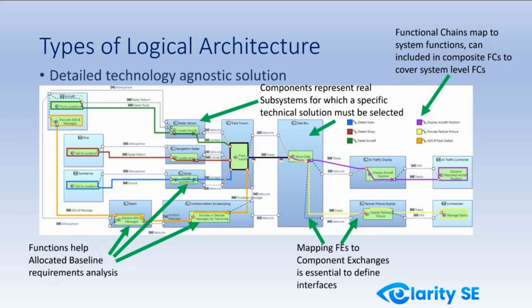The mapping of functional exchanges to component exchanges is now not just a good idea; it's essential. So you know precisely where the flow of information is going, and the functional chains now represent the